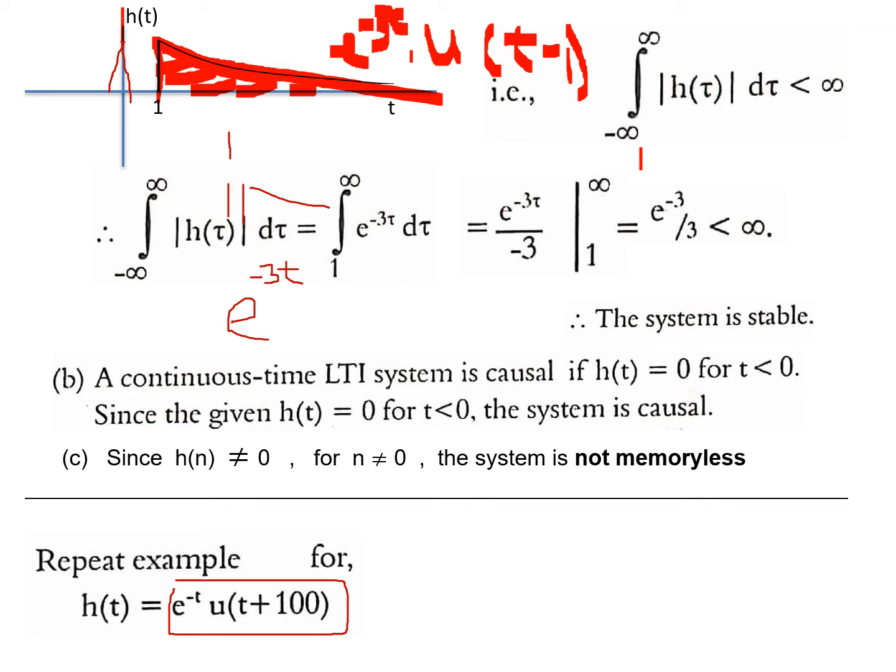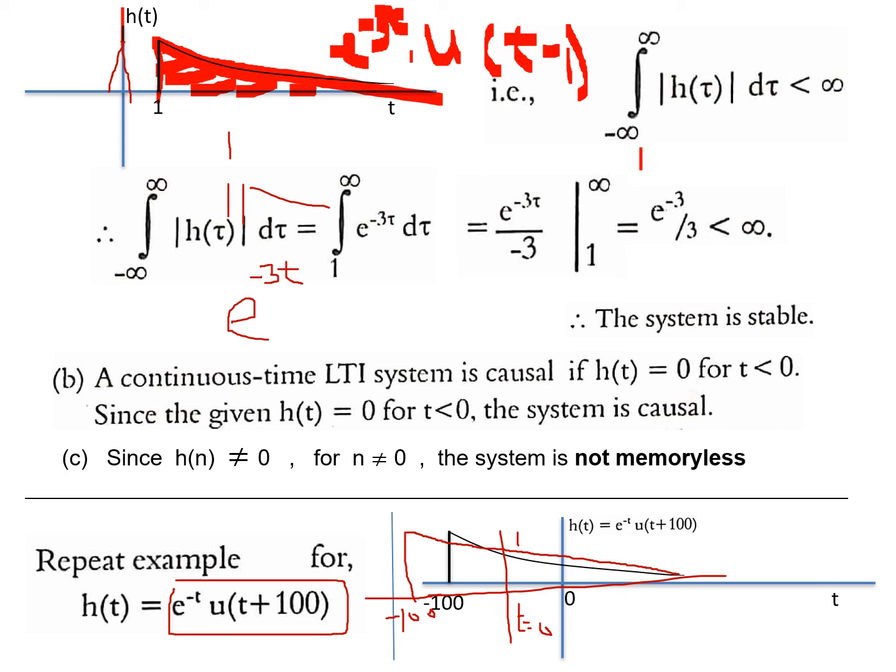It's also falling. But another difference of this signal is it starts at minus 100, whereas the previous signal starts at 1, delayed by 1. This signal is advanced. This signal starts at minus 100. That means this signal is going to be of this shape. It is starting somewhere here at minus 100, well before the 0. Then from there it goes on decreasing, and decreasing. When t is equal to 0, at the origin, what is the value of the signal, can anyone tell? You just put t is equal to 0, you'll get 1. So at the origin it is 1. It keeps on decreasing. So this is the graph.